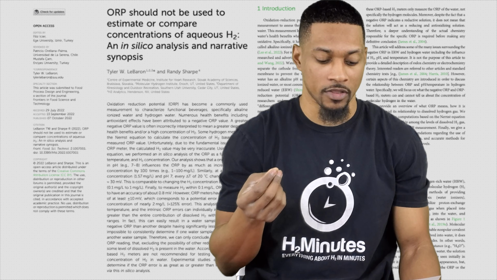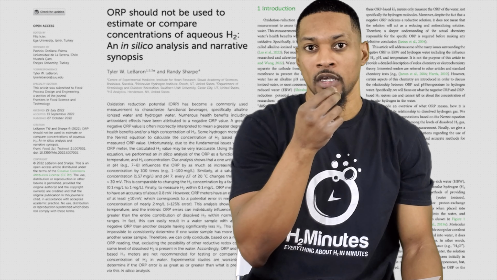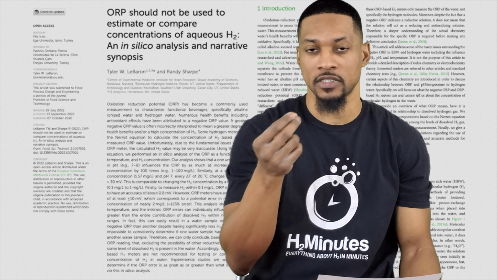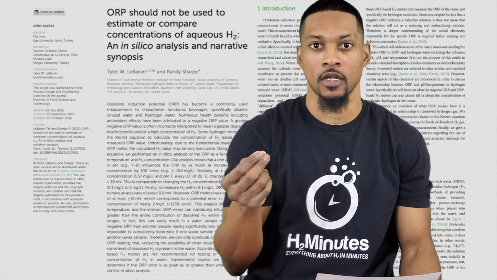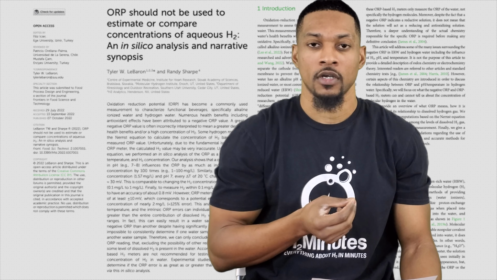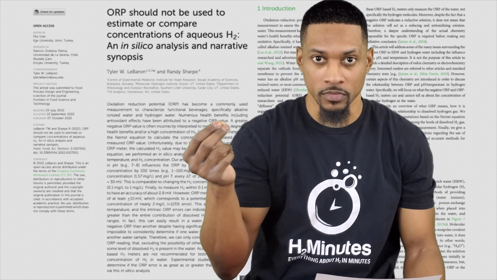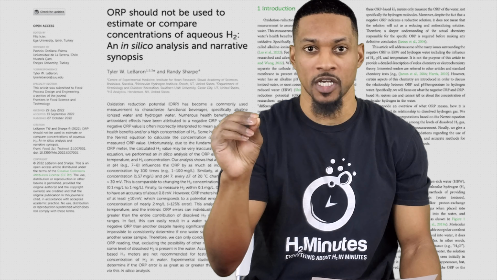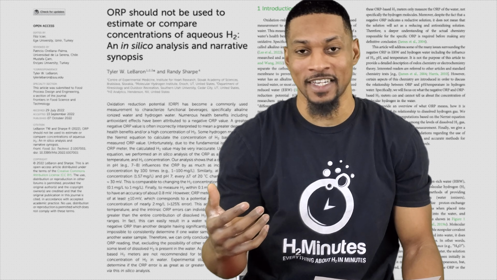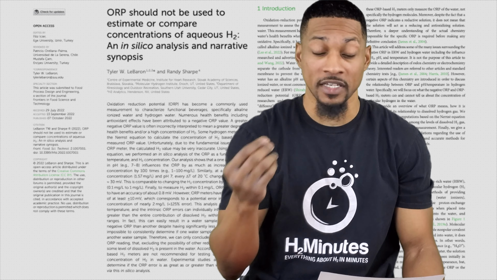So basically, they were stating on this point that in order for an ORP meter to be used to measure hydrogen gas with the same type of accuracy as, let's say, the H2 blue reagent drops that are out there, it would have to have basically a 0.8 millivolt range of accuracy to be equivalent. But it doesn't, and in fact, it actually has about 125% error if you were to try to make those comparisons. So basically, in other words,